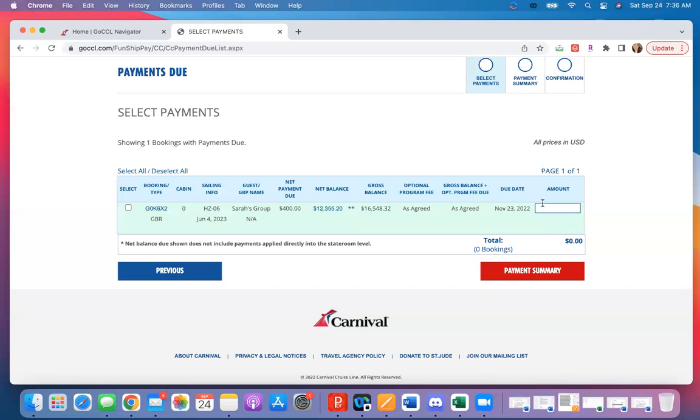Now I can enter an amount of payment. Let's say they want to go ahead and put in a net balance, right? If you added up all the rooms per person, that $25, that's how much they would owe in order to secure this, okay? So this is just a way to do it at one time